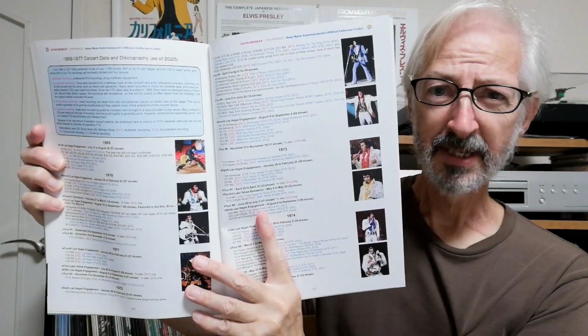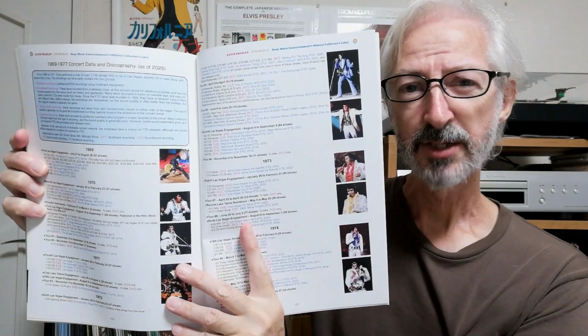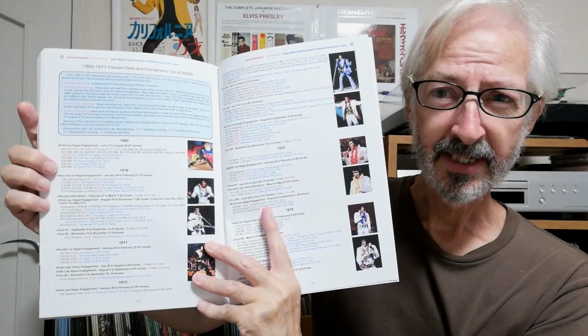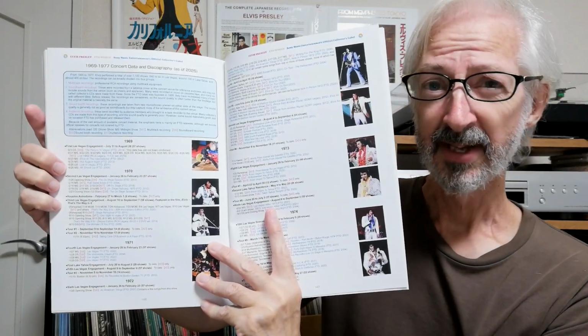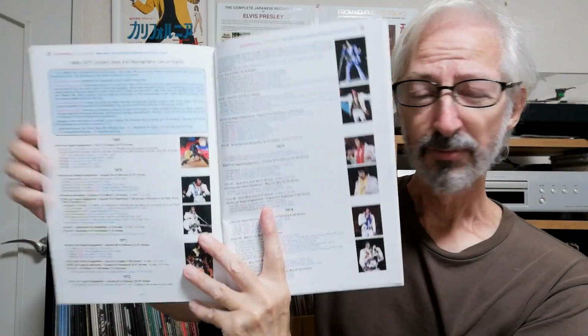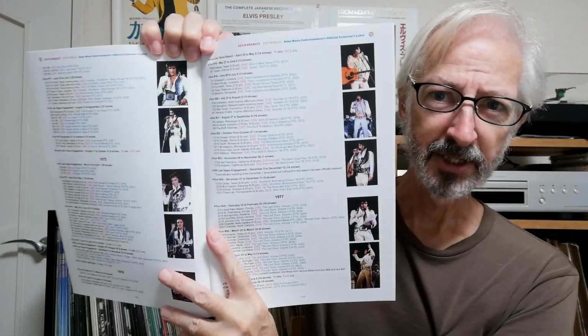Now at the back of the book here, we've obviously got the index for this volume, and then we've also got this section here. This is basically a list of Elvis's tours and his engagements at Las Vegas and Lake Tahoe, and it shows you all the releases from FTD and where they come in that live schedule that Elvis had in the 1970s. We've also included major official releases on the Sony Legacy label as well, such as the Live 1969 box. So you can see pretty much at a glance which seasons and which tours are covered. Some Las Vegas seasons, some Lake Tahoe seasons, and some tours have had nothing officially released from them. So you've got 4 pages of information like that,